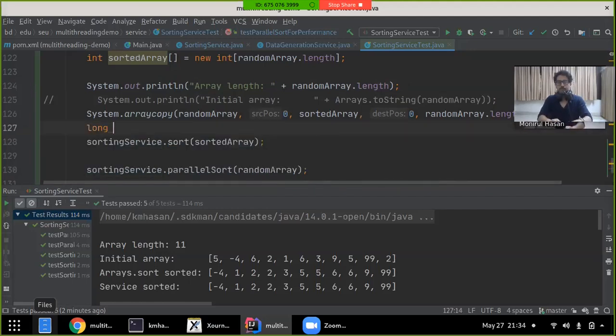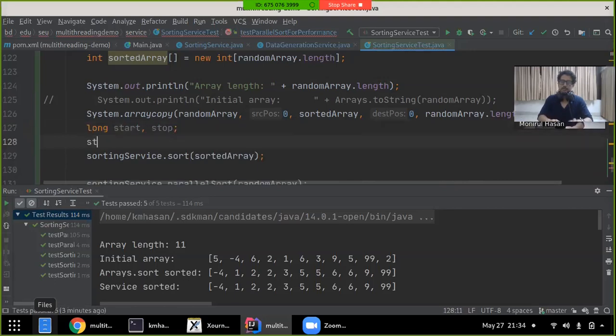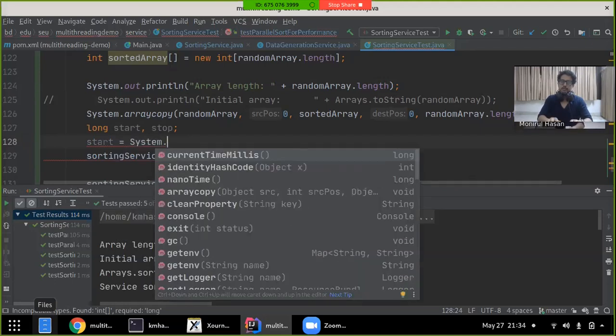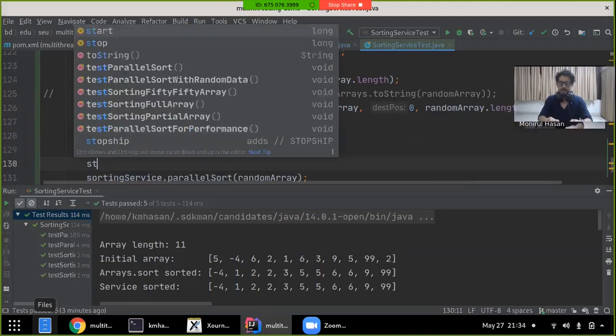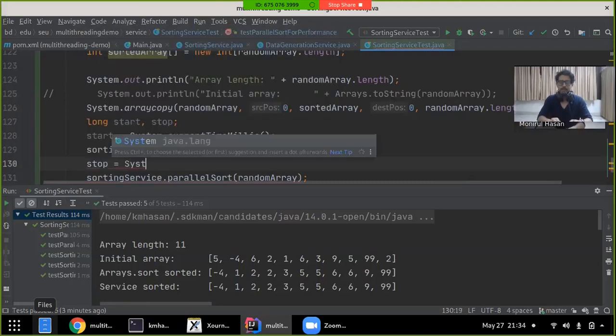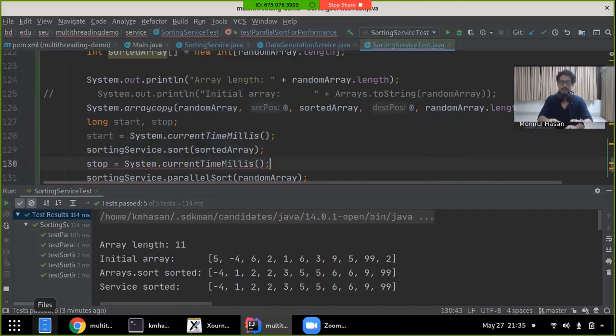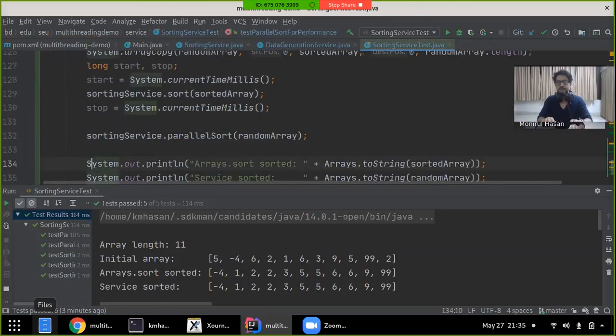I've done this before in this session. We'll have start and stop. Start will be equal to System.currentTimeMillis, right? So this is our first timestamp that we are tracking, and stop will be another System.currentTimeMillis. And once we have that, what I want to print in here,